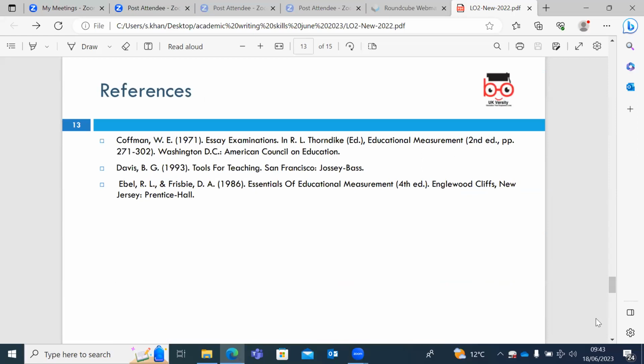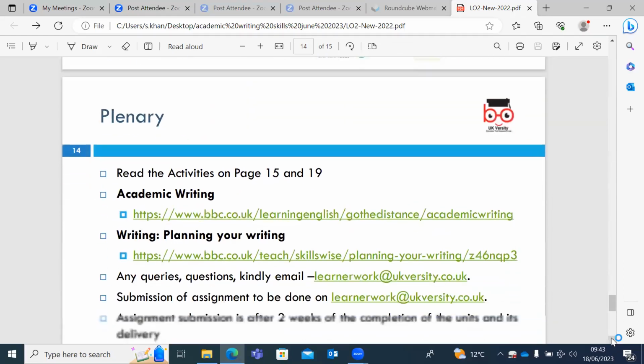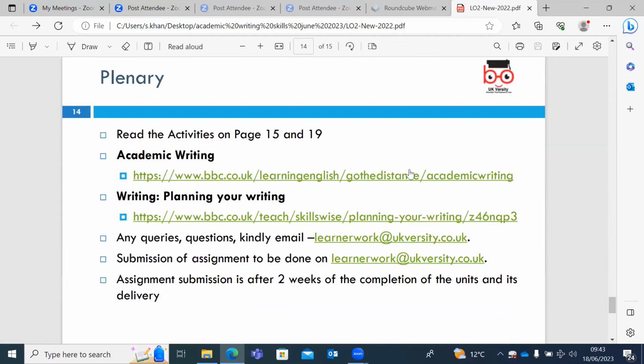So we've got Tools for Teaching and Essentials of Educational Management by Ebel. On Moodle, there are activities that you can read, on pages 15 and 19. There's academic writing, and there's bbc.co.uk, which is Learning English. If you go onto academic writing there, writing and planning your writing, there are sources available on BBC Teach, skills-wise, planning your writing. Any issues you've got in regards to this assessment or any questions you need answered about planning your academic skills, email